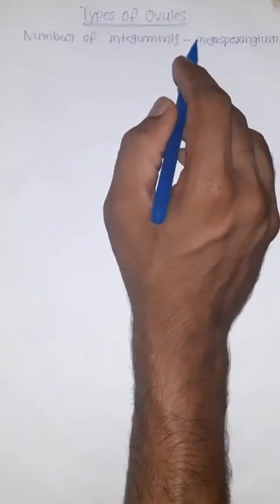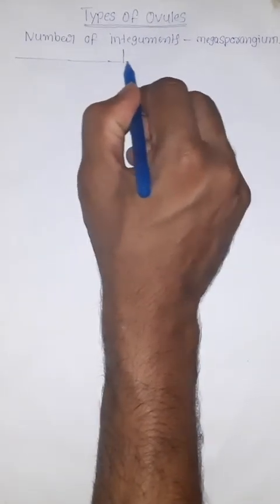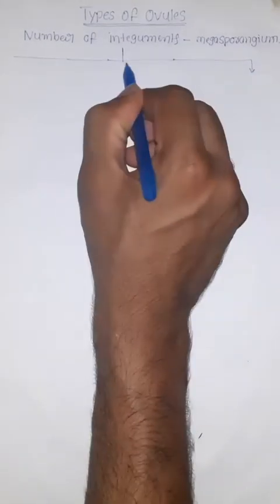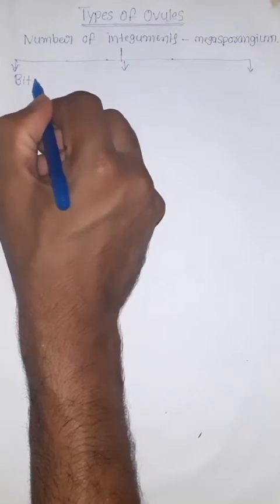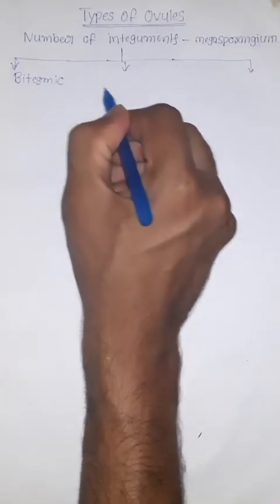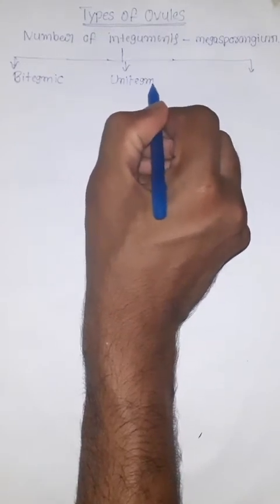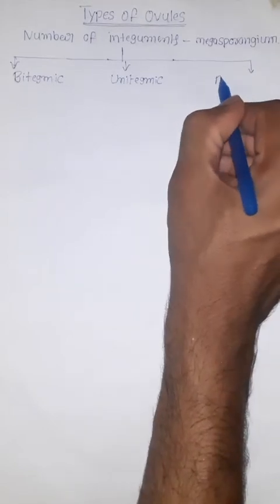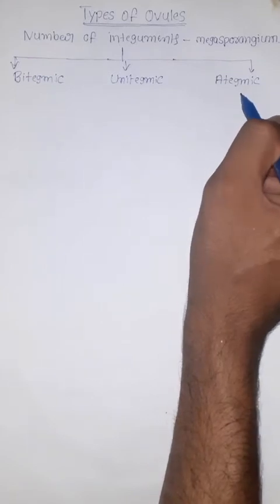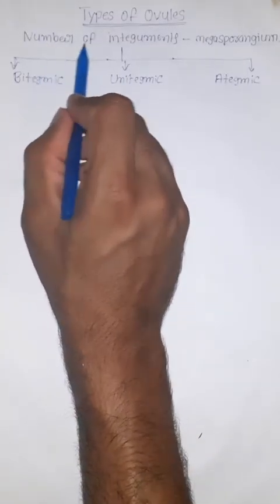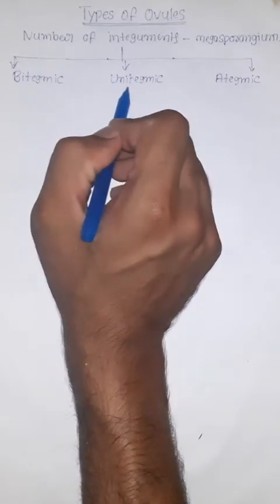We have three types of ovules. They are: number one is bitegmic ovules, number two is unitegmic ovules, number three is ategmic ovules. Okay, based on a criteria, that is the number of integuments in ovules, we have three types of ovules